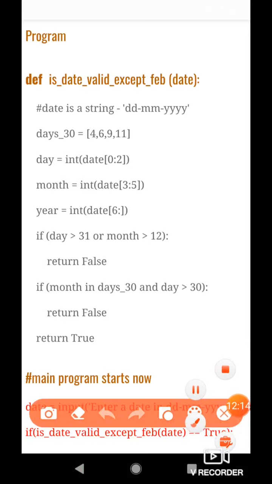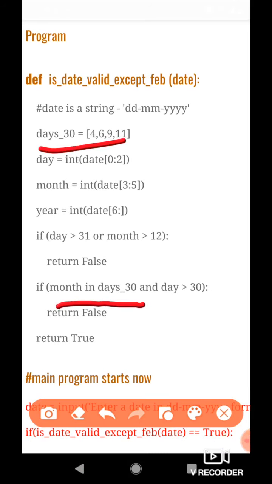The first condition is month in days_30. Now what is days_30? We have seen that this is a list which has values 4, 6, 9, 11, which represent the months which have 30 days in them. Month is the month part of the date which we have extracted here.